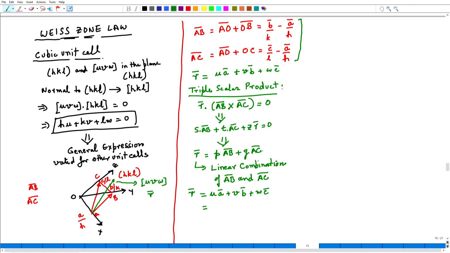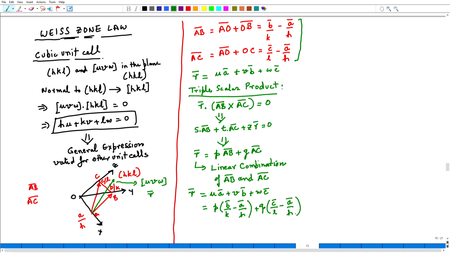Now, for the right hand side I substitute for vector AB. So, if I substitute for vector AB, I will get minus P times, vector B by K minus A by H, and for the vector AC, I am going to get Q times C by L minus